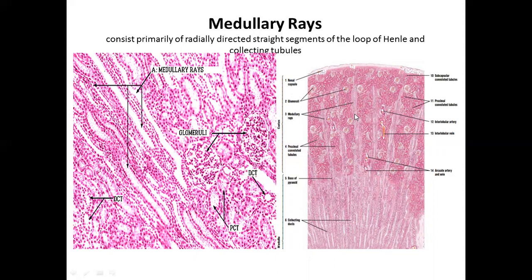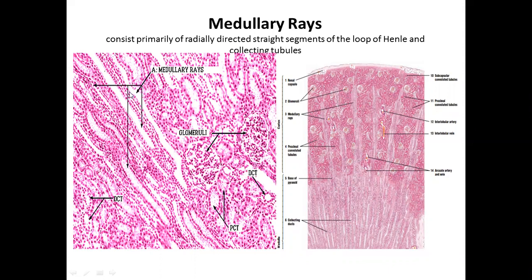So these projecting portions, which are appearing as projecting from the medulla inside the cortex, are termed as medullary rays, but actually the medullary rays are having the straight segments, collecting tubules, and loop of Henle, some portions, initial portions here. So those initial portions collectively, loop of Henle का कुछ straight component, collecting tubules, ये components मिलके जब initially कॉर्टेक्स से मेडुला की तरफ आ रहे होते हैं तो उन लाइटली स्टेन्ड एरियाज को हम मेडुलरी रेज कहते हैं।